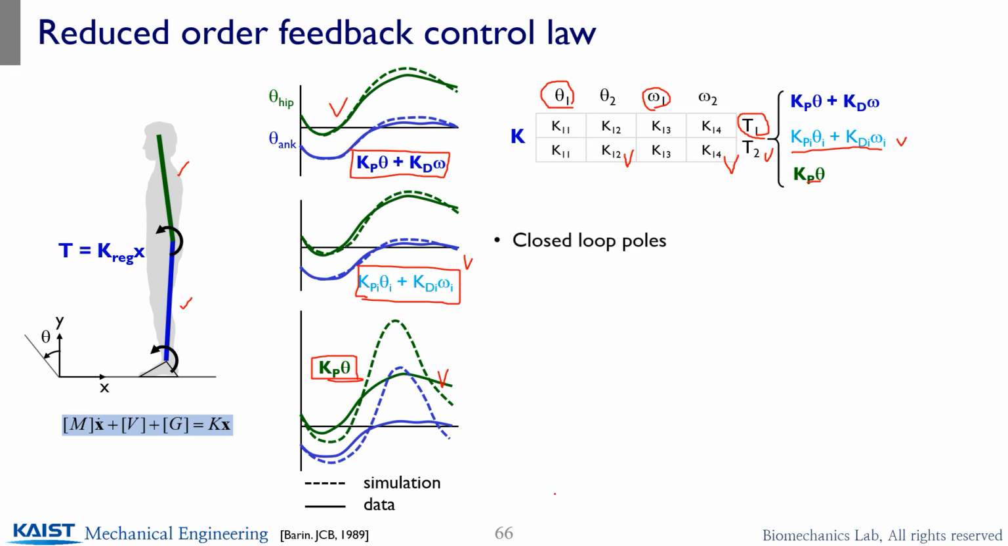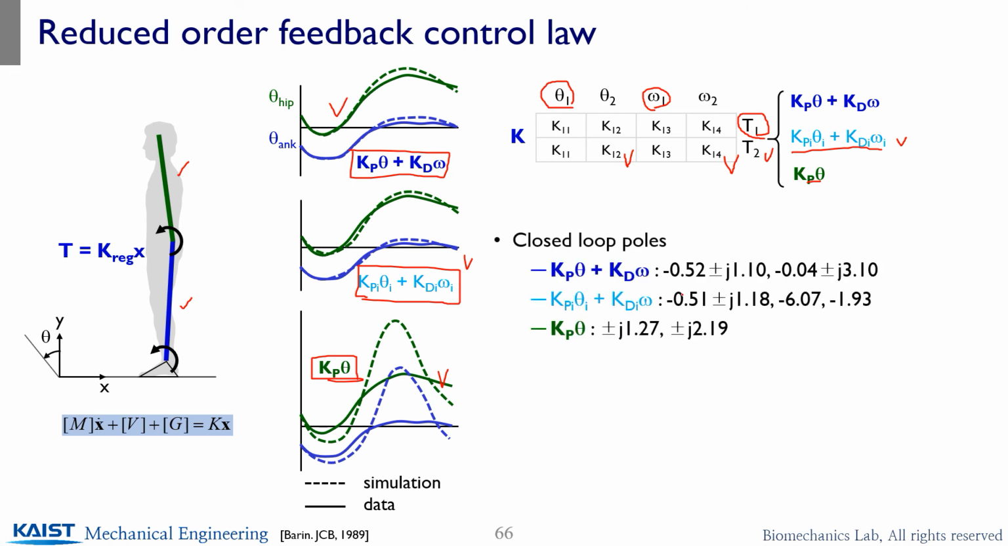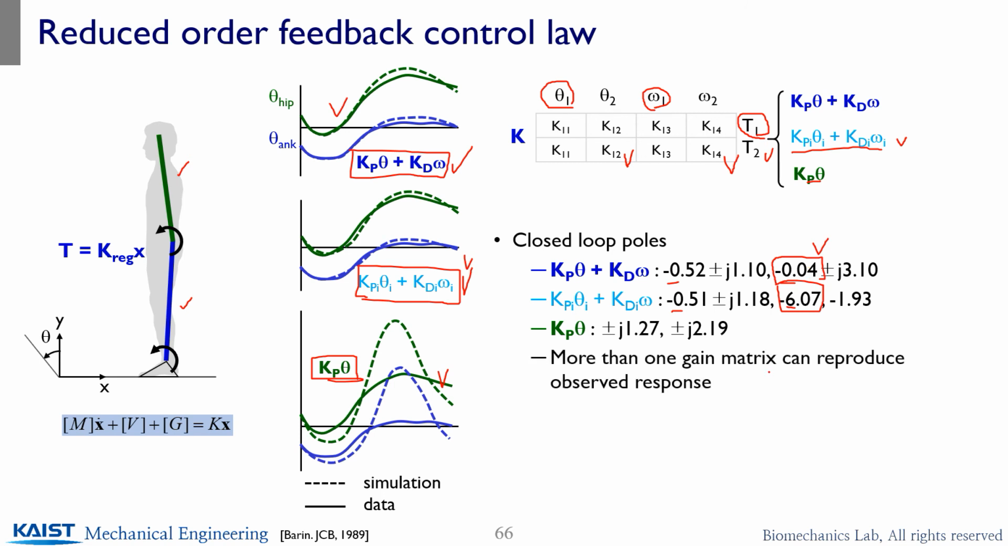Okay, let's examine the closed loop poles. And the closed loop poles all look stable. Okay. However, even though the response itself looks similar for the full state feedback and the reduced independent joint feedback, I could see that this value is a lot greater than this value. This dominant pole gets too close to the origin. So what this means is